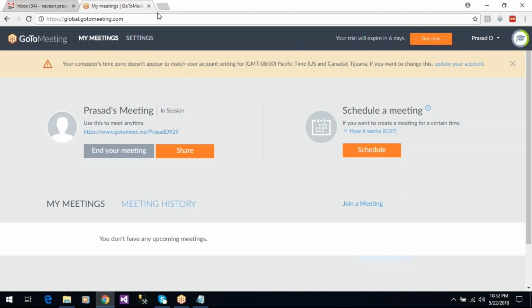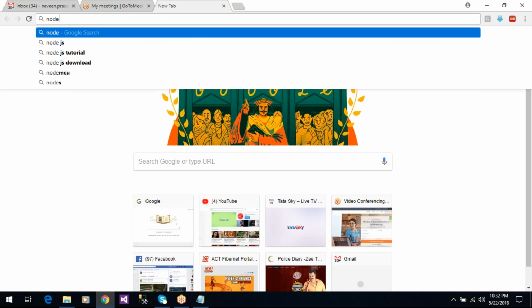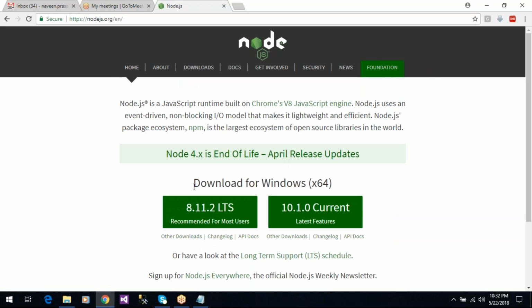So if you don't have Node.js in your application, go to nodejs.org. Okay, so you can download the latest features, and recommended for most users. Otherwise, go to the download menu